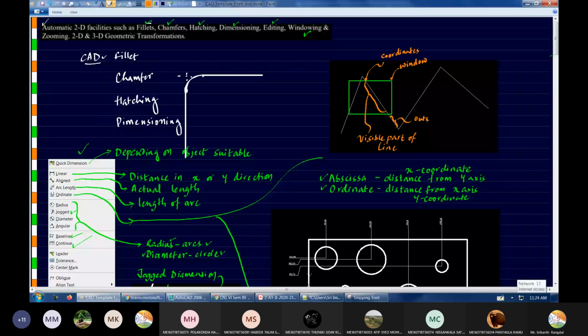The windowing method will determine this point, this point, this point, and this point. So 4 coordinates it will calculate, and using those coordinates the visible part of the line will be generated.